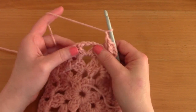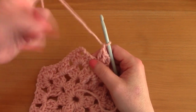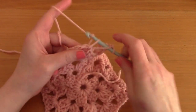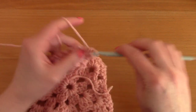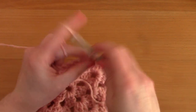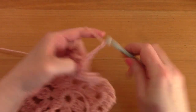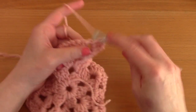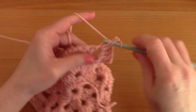and go into the next stitch. And this is our corner. So again, for each corner it's going to be the exact same thing. So 3 double crochets and chain 3, 1, 2, 3, and 3 double crochets into that same center,